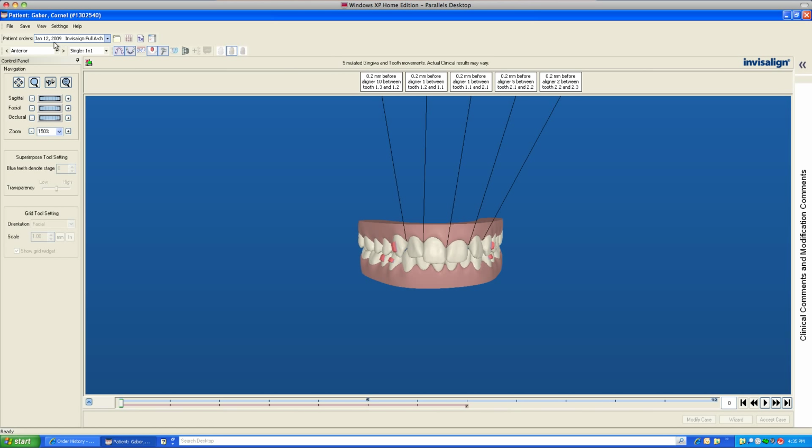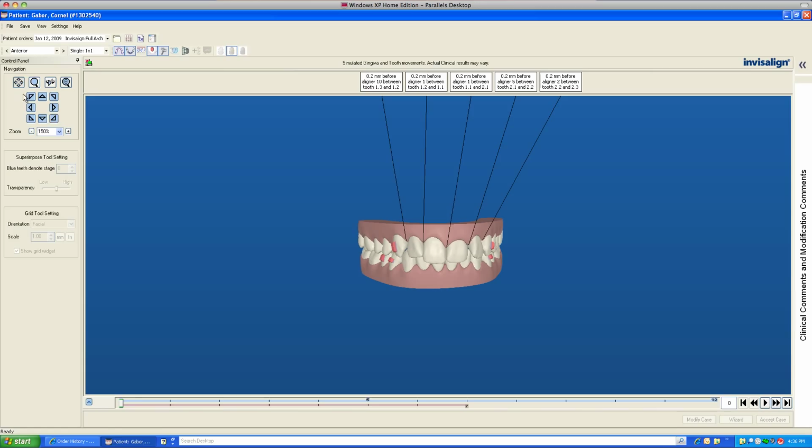Starting up here in the upper left, we're going to see again the order history. So we see Invisalign full arch, any refinements, and that will modify the appearance of the generated image. Again, this image goes back to the patient file. Here we see the images, which we saw in the previous video. Same with prescription and treatment preferences. Now, the settings of the software have been already preset to include the Canadian or universal numbering system as opposed to the American one. The navigation here,